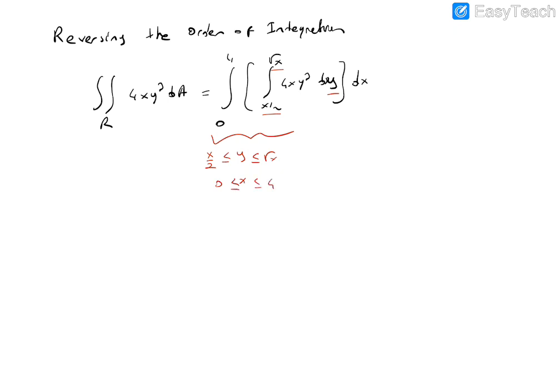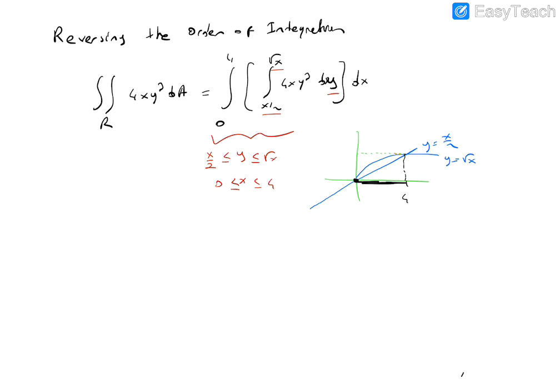So by sketching the region, y changes from x over 2, the graph y equals x over 2, to the square root of x, the graph y equals the square root of x, and x changes from 0 to 4. I don't know where the 4 is, but from the previous question, you know 4 is the intersection point. So x changes between 0 and 4. From this graph, you can rewrite your region. It is possible here. Sometimes it is not possible, but here it is possible.